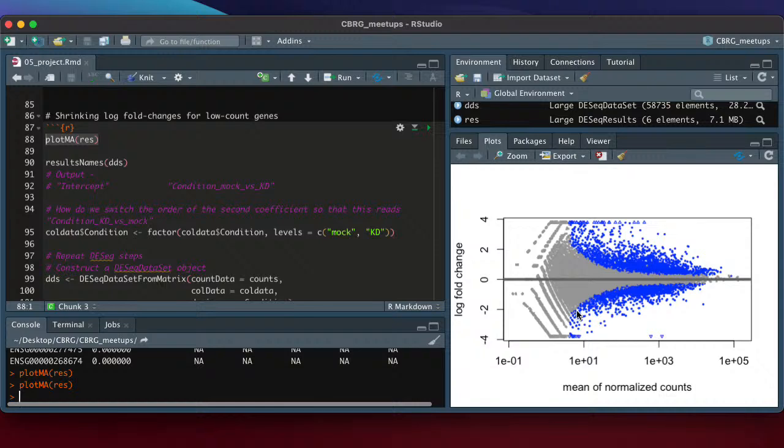Does it depend on, yes, because the number of counts can be reflective of actual expression, but it can also be reflective of sequencing depth. That's a good question. There are a few things that influence the mean normalized count value. But either way, if what you end up with are low counts, then the lower the counts, the less you trust the data.